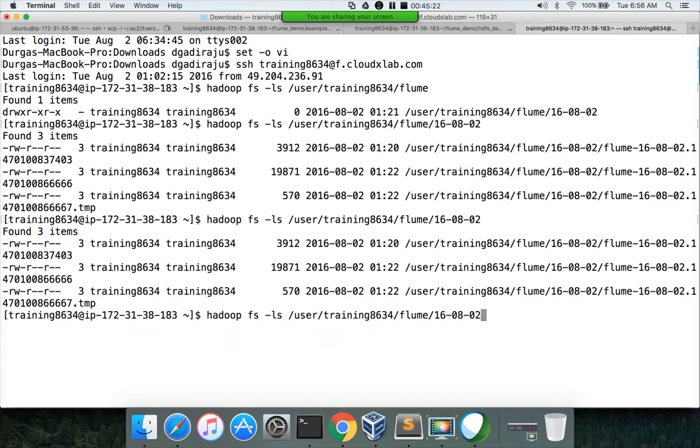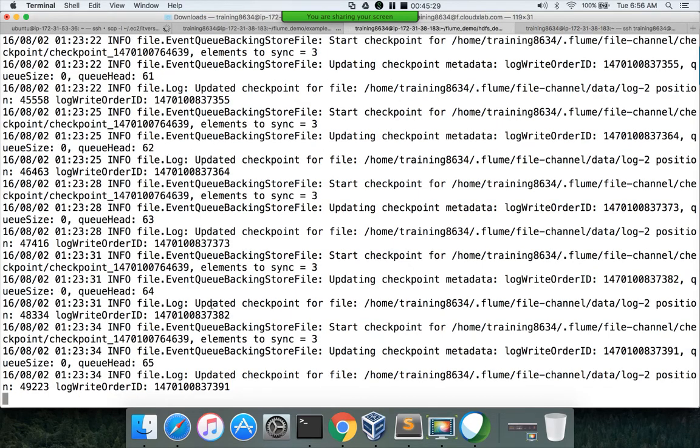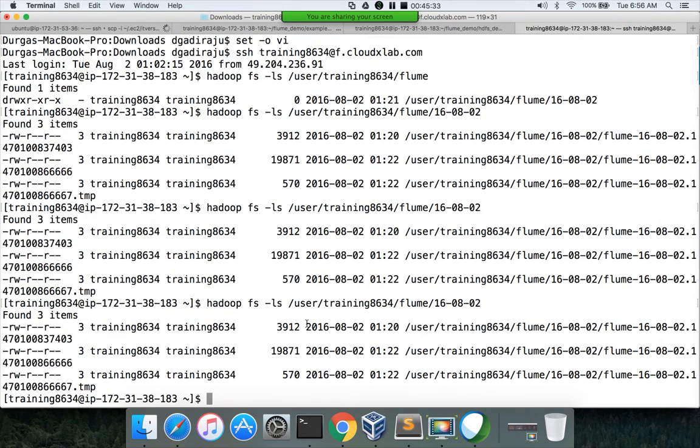Let's see whether it is being updated or not. If you see, even though data is flowing in, it is not getting updated because it hasn't reached the thresholds. Once it reaches the thresholds, then only you will see it here. Until then, you will not see.